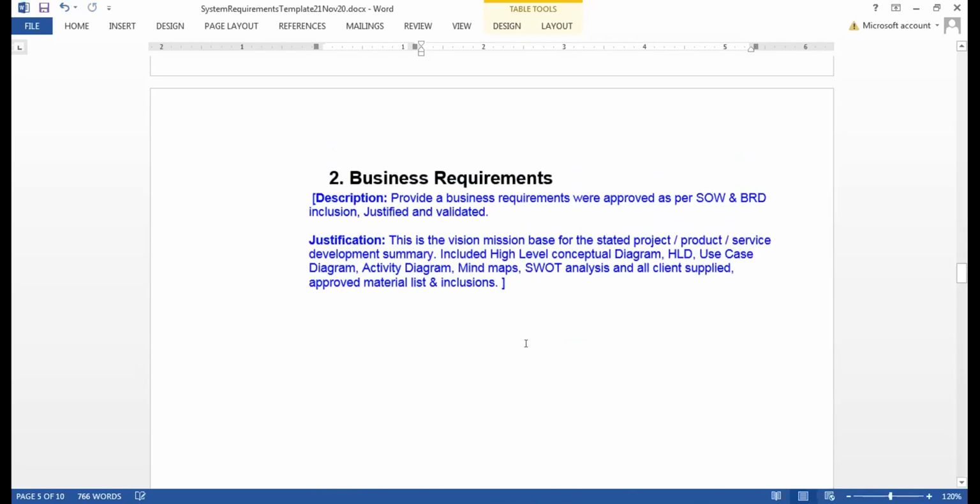And then comes the business requirement. Now these are normally copied from the BRDs or the email which I have received as a business vision. I'll include them here, and then I'll try to add many things here. So we have a use case diagram added here, we have a high level conceptual diagram added here, and if the client wants and needs, or there's a policy with your team, you normally have a mind map, SWOT analysis, or a couple of such things also included. We have to include these in the business requirement. So you validate the requirement with all these diagrams. You elicit these requirements with all these diagrams.